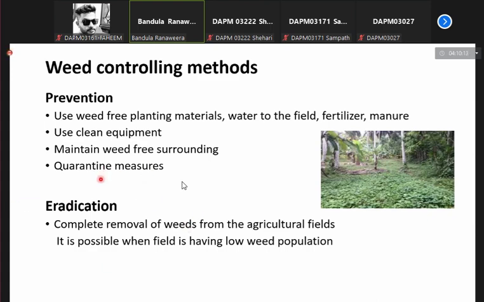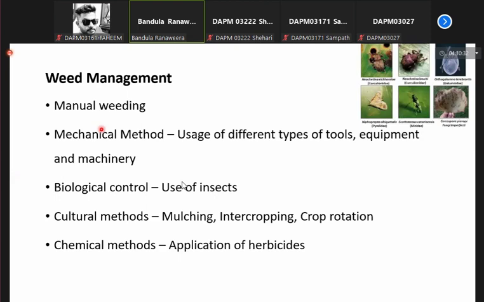So the quarantine measures, all these are preventing the establishment. So you check your planting material, you check your seed purchased for crop establishment. If there are any weed seeds, you are not going to establish using that consignment, right? So manual weeding, removing manually, then use of machines, mechanical methods like use of different tools, equipment,